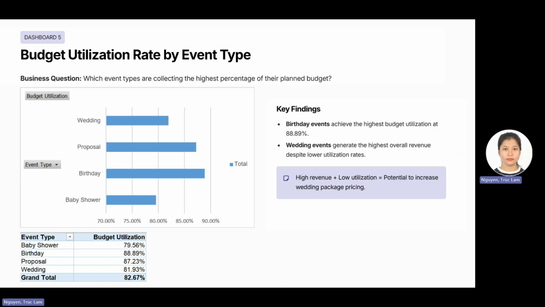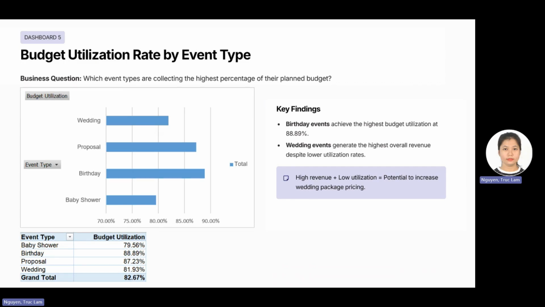And wedding events, although generating the highest revenue, show a lower utilization. We can say that this doesn't necessarily indicate poor performance, because wedding projects often involve installment payments and they often have a larger contract value. So this insight will remind managers that financial performance should be evaluated using multiple indicators to have the best